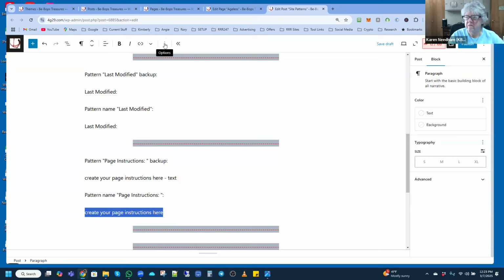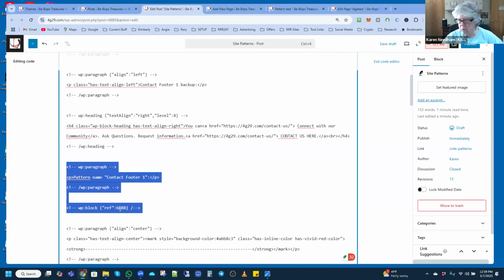In the code editor, here's my first pattern, the contact us. And this is the one I called contact one footer backup. And I put it in here. So this is the code that's in the contact header. This is the pattern right here. See, where's the text? It's just a reference to a block number within WordPress. So my thought is if you had to refresh, you'd have the code you use for your patterns. You might have to recreate the patterns and you might have to re-add them to your pages. But that's less work than